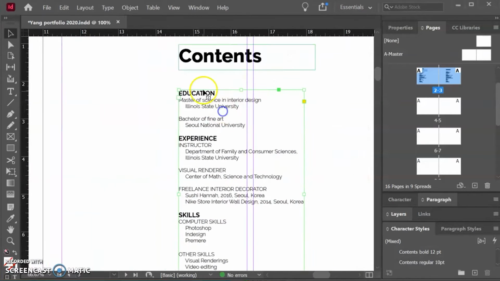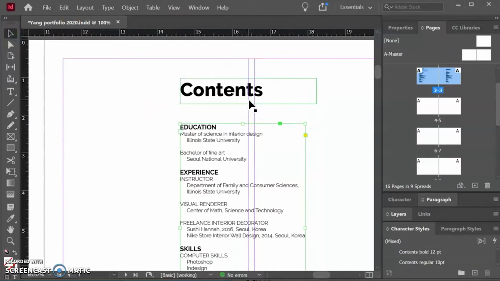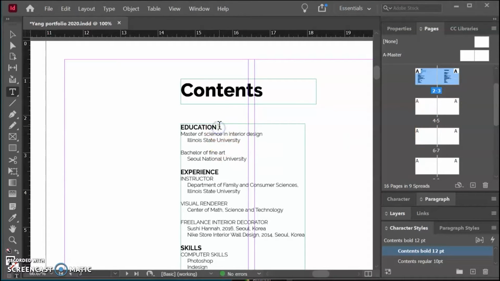So I would like to duplicate the text box and then just rename each title, and let's use the same title style on the contents. Okay, let's name each project name rather than categorizing the types of project. I would like to simplify the presentation. So I'll just put the name of your project